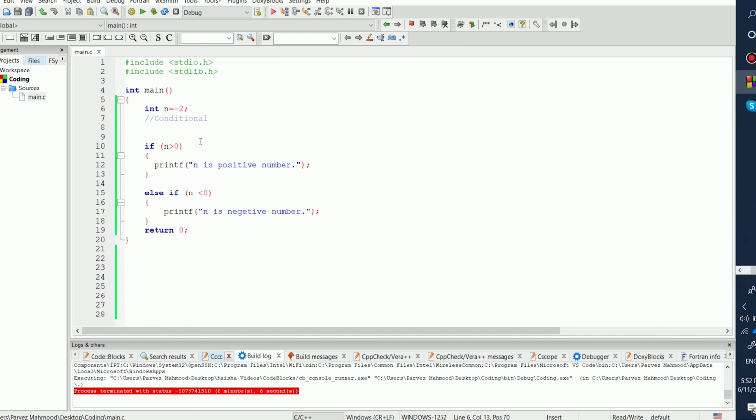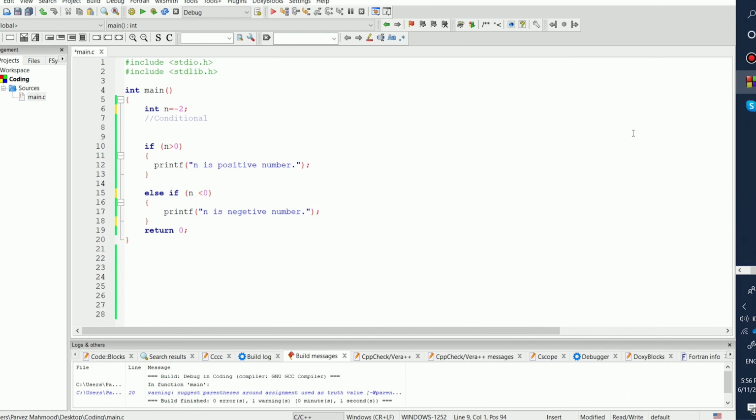Now here the computer is matching the results and the inputs together. It's seeing that n equals to -2, so this matches with our condition here. If else, if n is less than 0, print n is a negative number. But n can be equals to 0, right? So we have to write another condition for that. So let's write else if n equals to 0, print